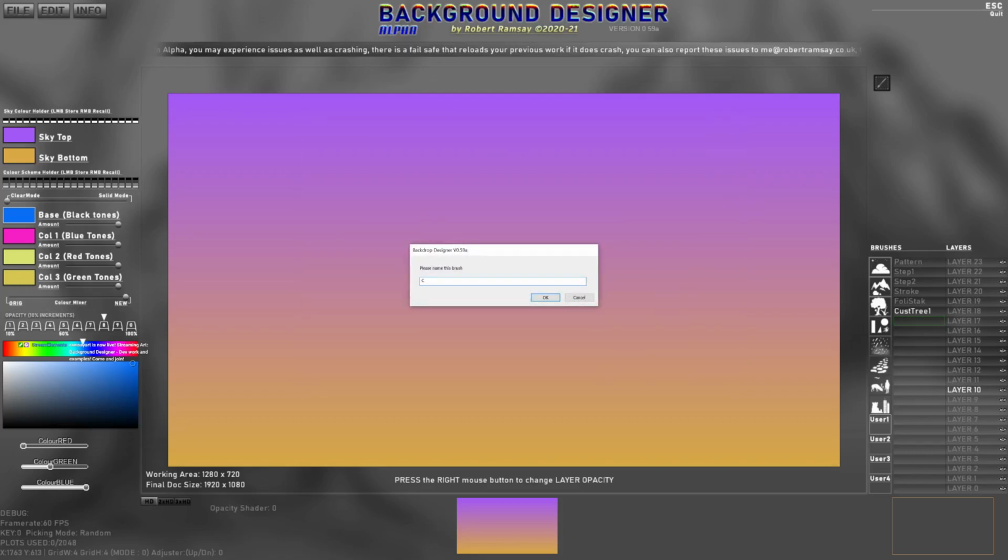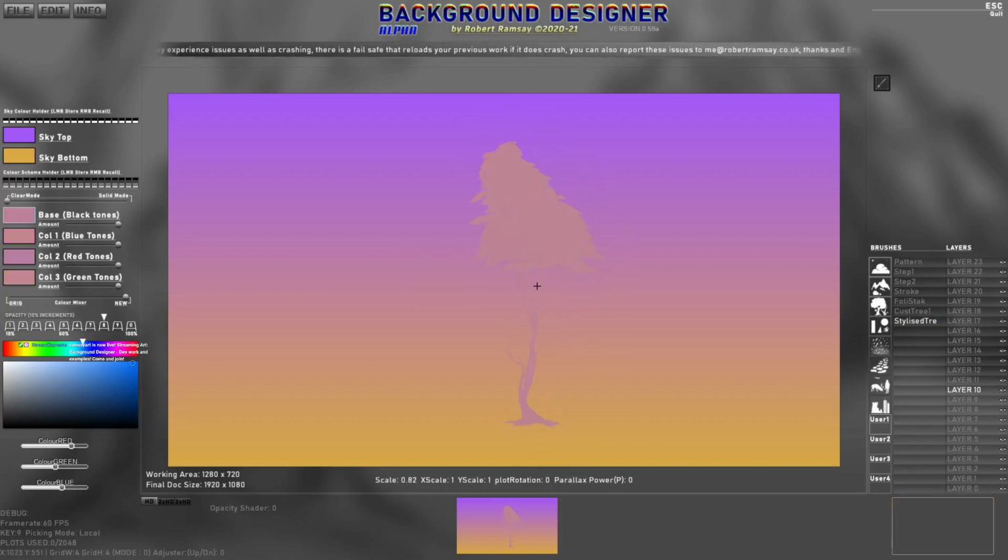I'll call it cust tree 2. So it's recognizing it as a brush that exists already. So please rename this brush. I'll call it stylized tree. And there we go. So now it's got much more range with it